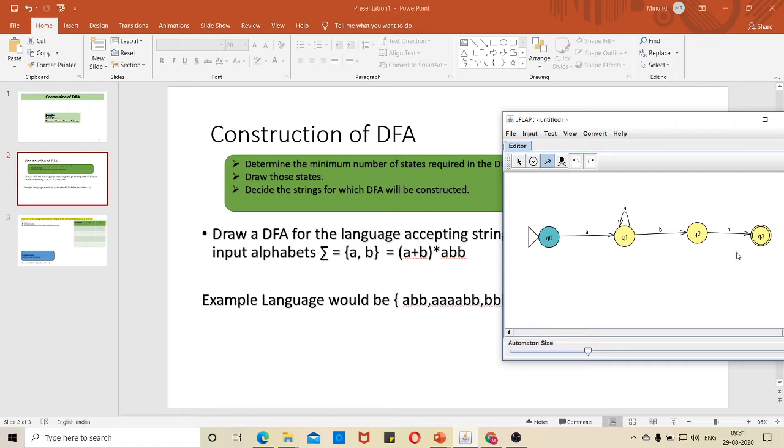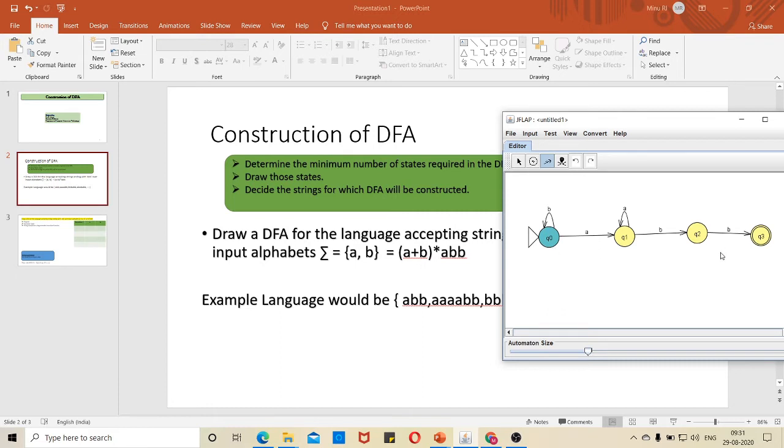Now, if I have so many B's and then ABB, so initially if I have a B, how do I handle it? What I can do is put a transition over here. However many B's come, it will stay in the same state. Only if I see an A, B, B, it will go on: on A it will go over, then B, B, and it will reach this state. So, this has been handled.